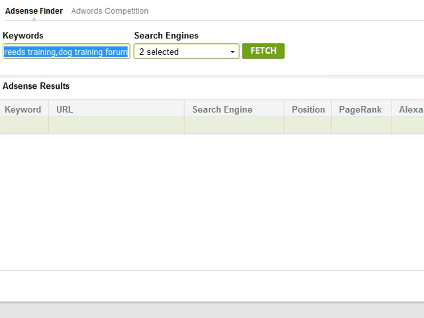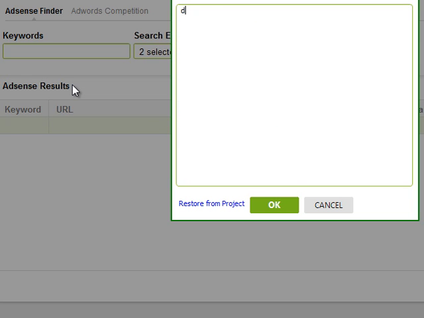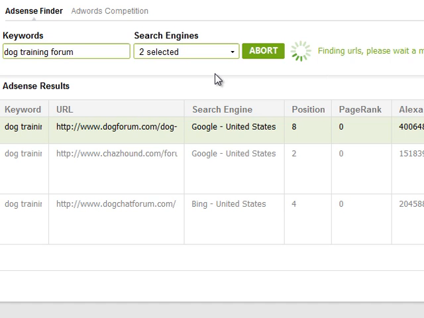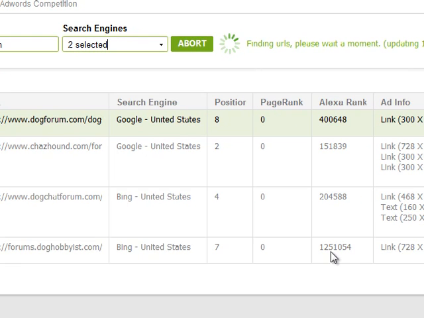I'll just shorten this. Instead of typing in hundreds of keywords, for the purposes of this example I'm just going to write one keyword phrase in here. I'll put dog training forum into here and click OK. And I'll just click fetch, and it's looking at all the different sites that are ranking in Google in the top 10 positions and MSN Bing, and it's listing their Alexa rank and whether or not they have AdSense positions available that you can